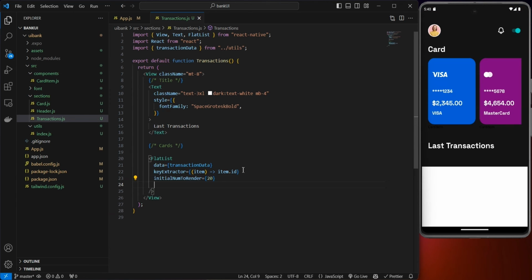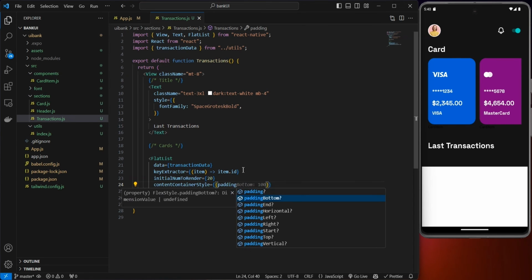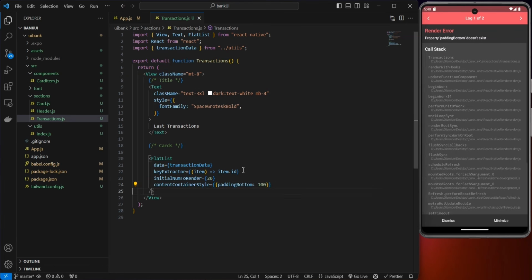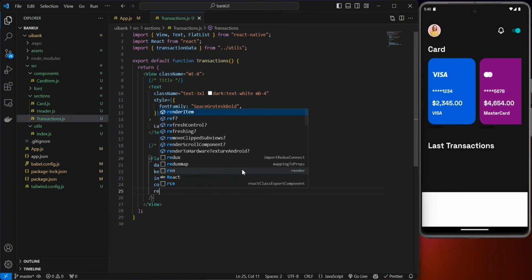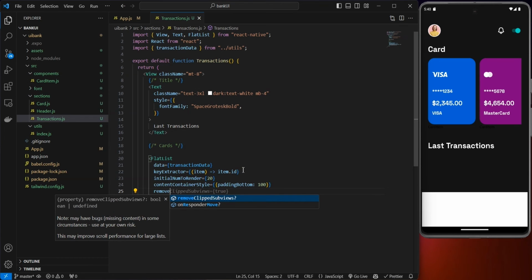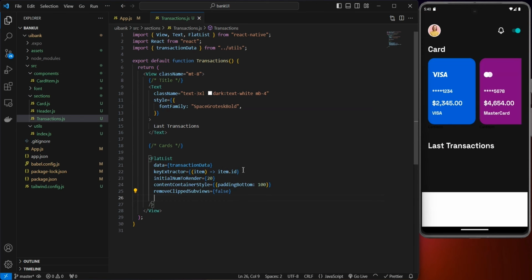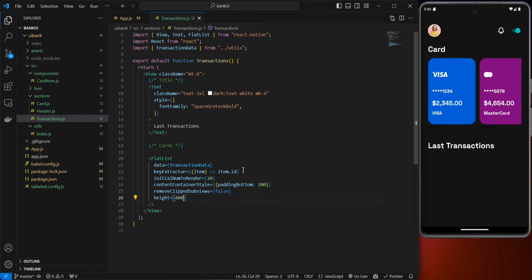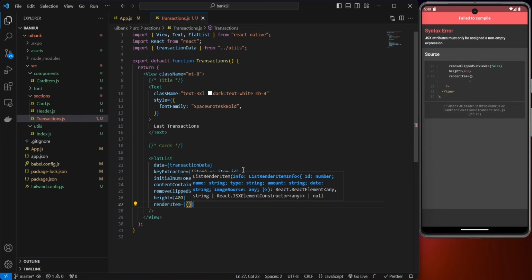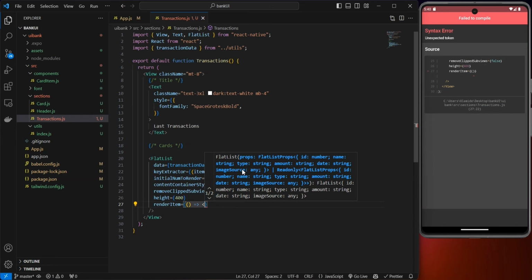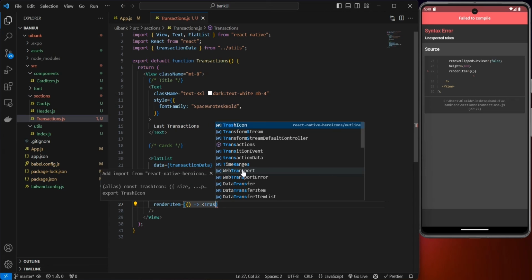We just want to pass 20. And also the contentContainerStyle, we want to have paddingBottom. I want to set that to 100. And after this, we want to have another prop called removeClippedSubviews. We're going to set that to false rather. And also we want to set the height to be not 500 but 400. And also we want to have the renderItem. And the renderItem is going to have a function inside of this, basically an arrow function. And it is going to have the transaction